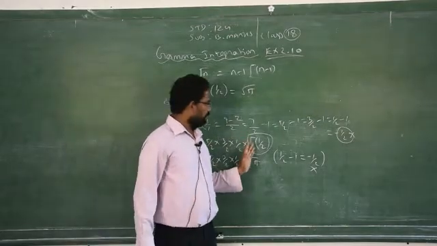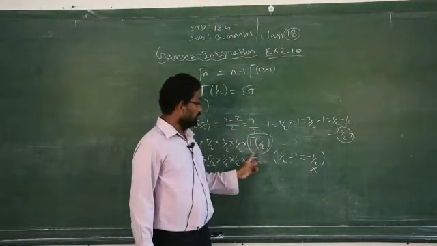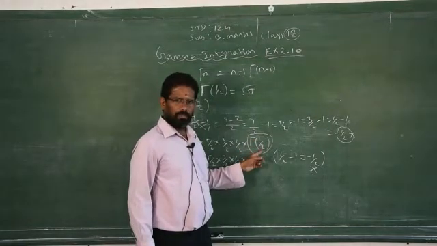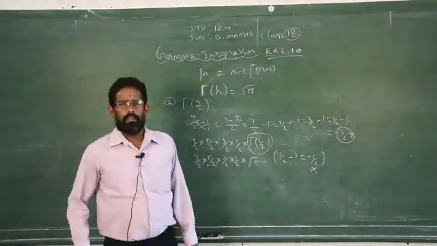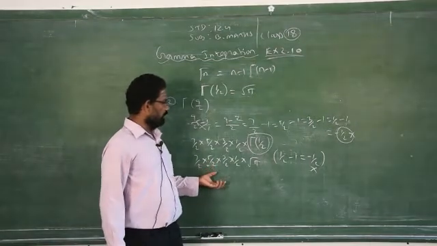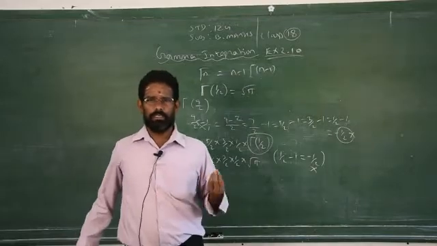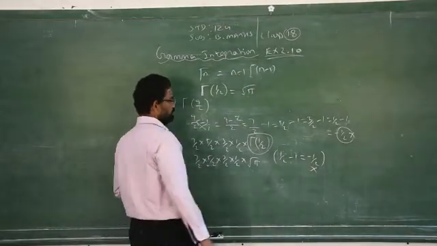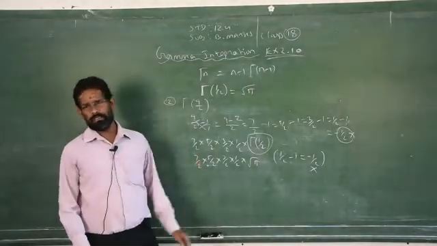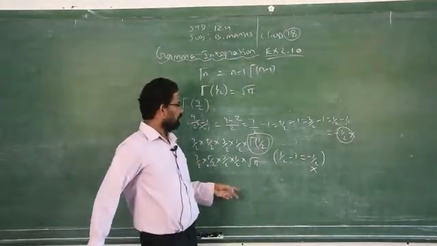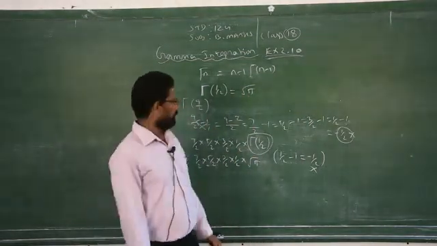If you get any negative number inside the gamma, that is minus 1 by 2, then you can replace it by square root of pi. Clear? So, only if it is fractional format, you will get 1 by 2. If it is a whole number, you cannot get 1 by 2. Is it possible to get a fraction when you subtract from a natural number? No, it is not possible. Only if it is a fractional number, you will get minus 1 by 2. Minus 1 by 2 is not allowed in gamma integration.